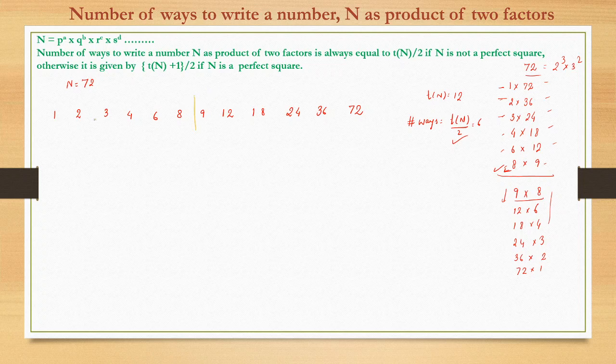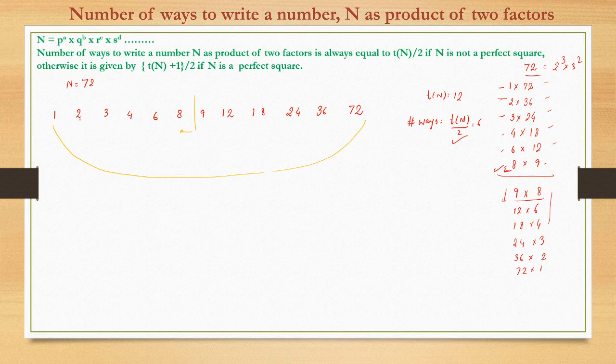So we know that the product of the factors equidistant from the center is the same. The center would be between 8 and 9. So the sixth number from the center on the left side is 1, and the sixth number from the center towards the right side is 72. This way, if we see, the product of such numbers would be the same.